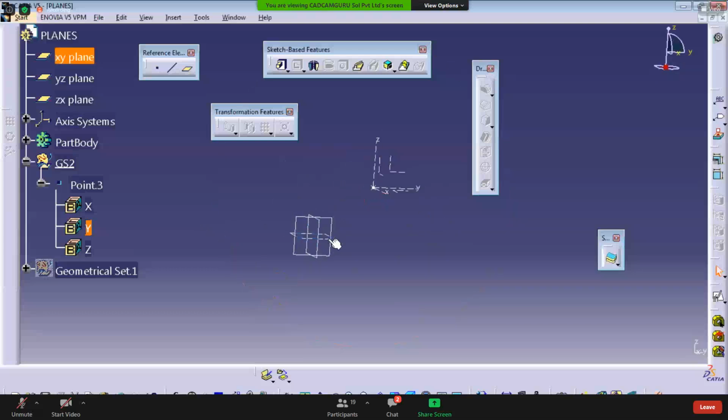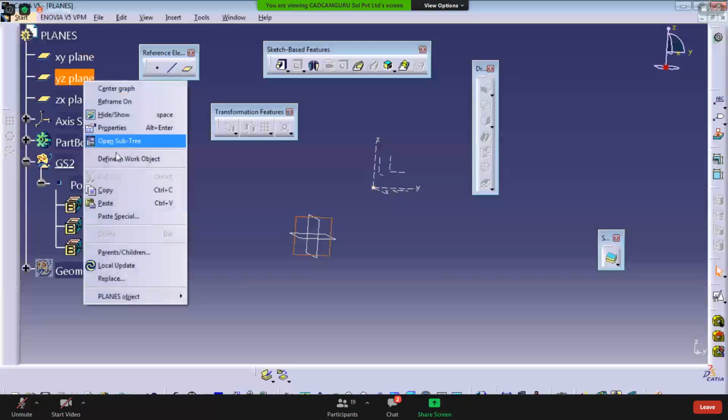So the plane is at the default zero location here, but I'm considering my origin, or zero location, of the model to be here, and at that location you have to build the model. Then you can put the points and put the axis system over here. That is the benefit of the axis system. You can move it to any location, but you cannot move the plane to any location because it is a default one. That's why we are always using the axis system. Now it is clear.